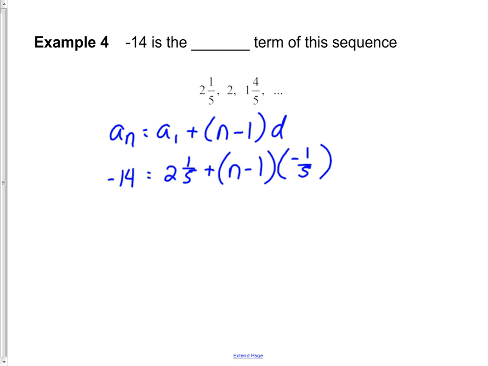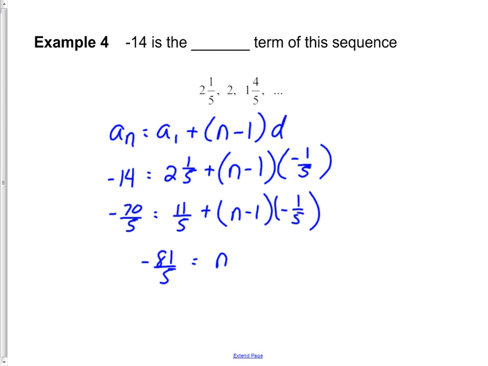So let's go through and solve this algebraically. First thing I'm going to do is rewrite negative 14 as negative 70 over 5. That'll help me because this will be an improper fraction. This will be 11/5. So now I got a common denominator of 5. I'll start by subtracting 11/5 from both sides. So that'll be negative 81 over 5